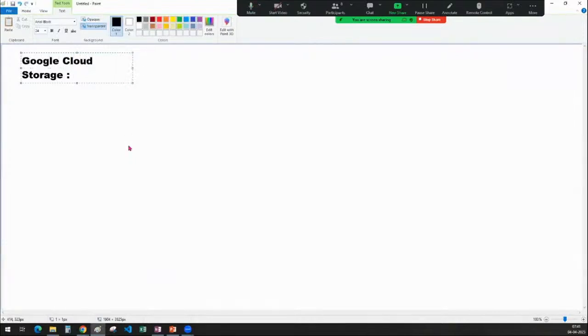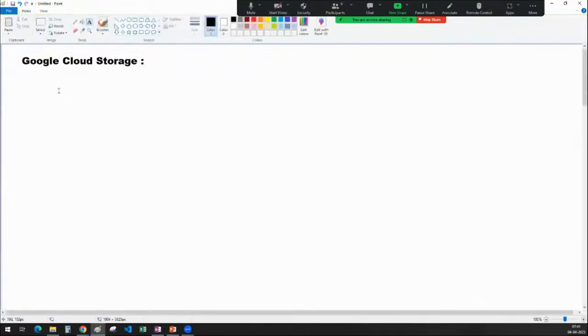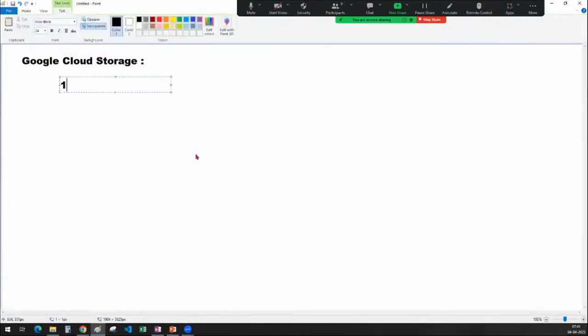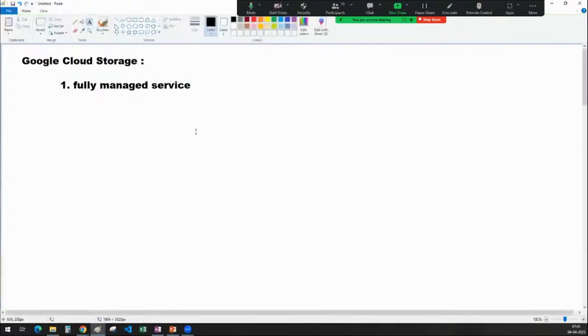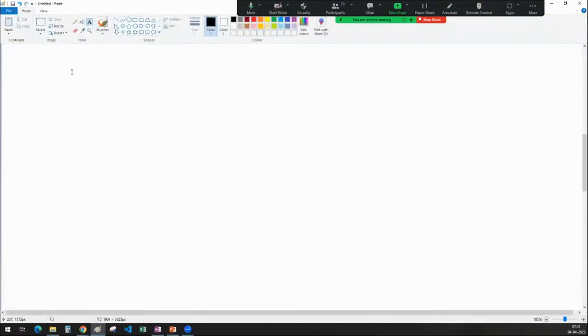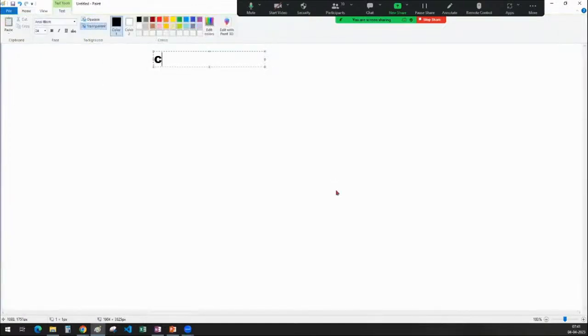What is Google Cloud Storage? Let us see first. Okay, so Google Cloud Storage is one of the fully managed services in GCP. What do you mean by that, sir? What is meant by a fully managed service? Sir, I want you to understand what is meant by fully managed. For the very first thing, I will try to tell you. Sir, if you go to any cloud platform,